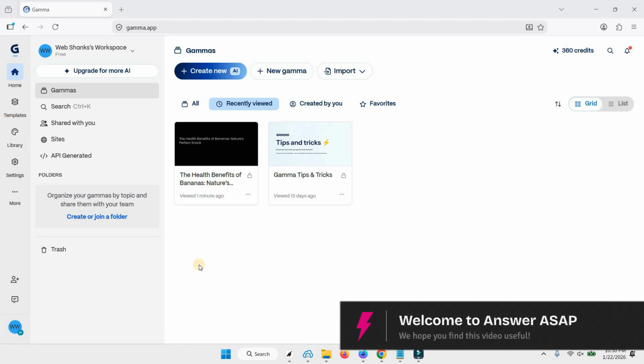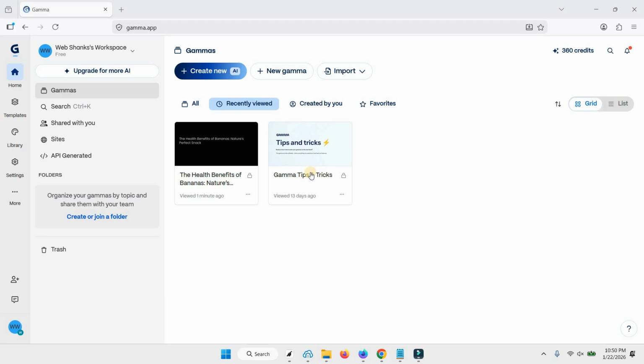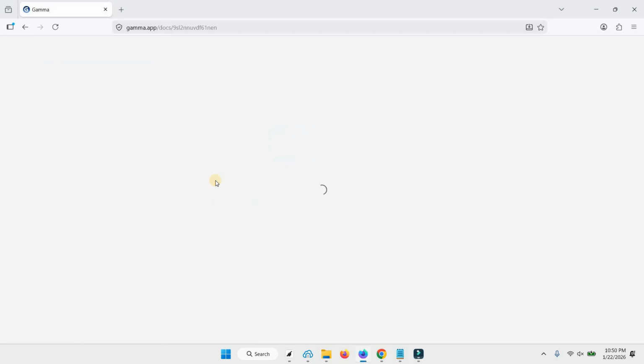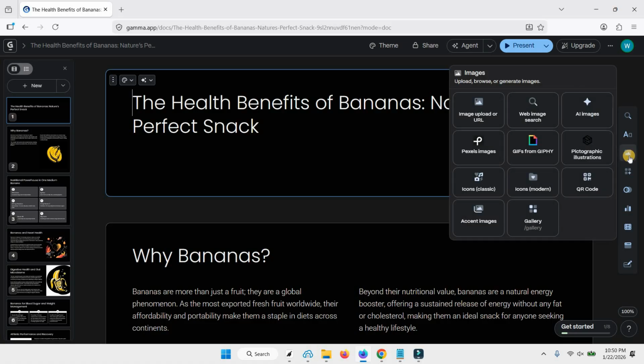This is how to add logo in Gamma AI. From your dashboard, select the Gamma, then select a card you want to add logo. For instance, we will select the first card, then go to the right menu and select images and choose an